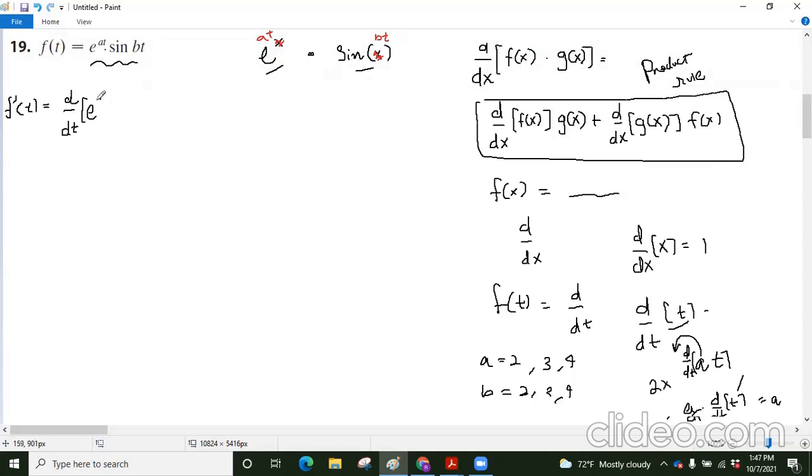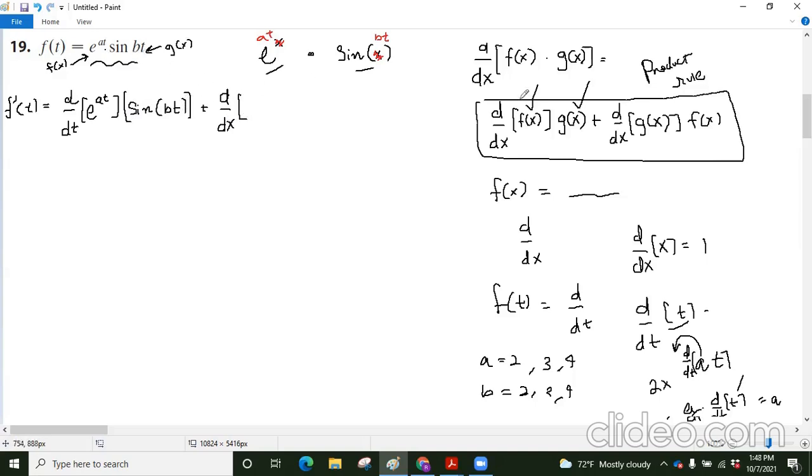So this is e to the a t, right? And then we're going to multiply with the second function. So we're taking the derivative of the first, multiplying by the second, g of x. So this is our g of x, and this is our f of x. We took the derivative of f of x, or rather, we didn't actually take it. We put it in a box that's going to tell us later on to actually take the derivative. And then we multiplied by sine of bt, not sine of x. It's a little more complicated this time around. It's sine of bt. And then we add the derivative, d over dx,